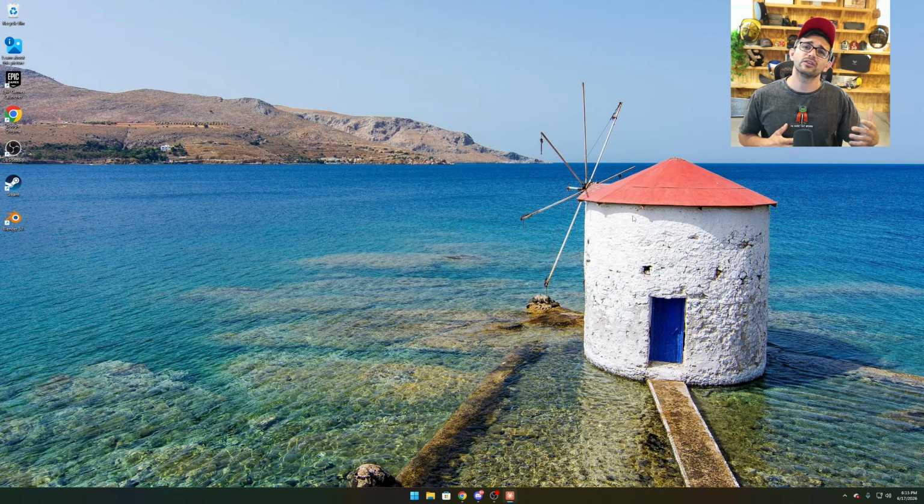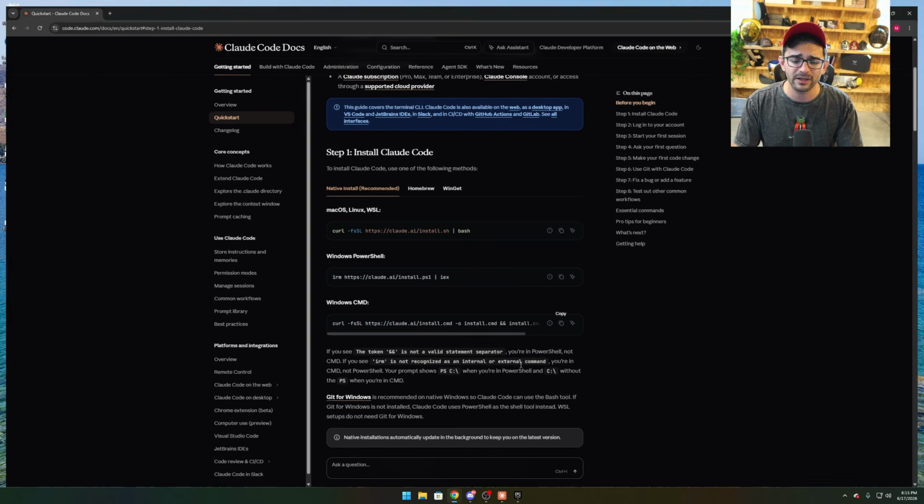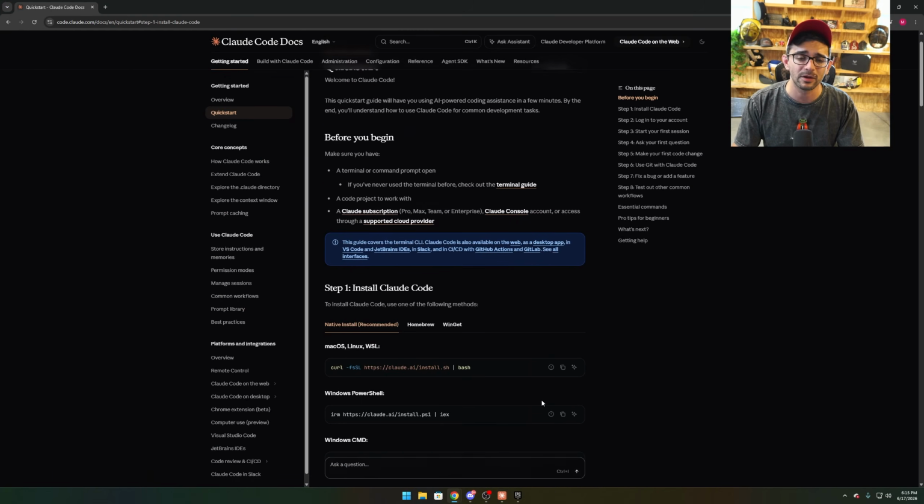And the next thing I'm going to show you is that we actually have to get ClaudeCode's CLI. So in order to do that, we're going to use the official Claude website. It's pretty easy, but if you've never done it before, it might be a little different because it's not as easy as just clicking install. Okay, so I'll link this website to you guys below, but right here, we're